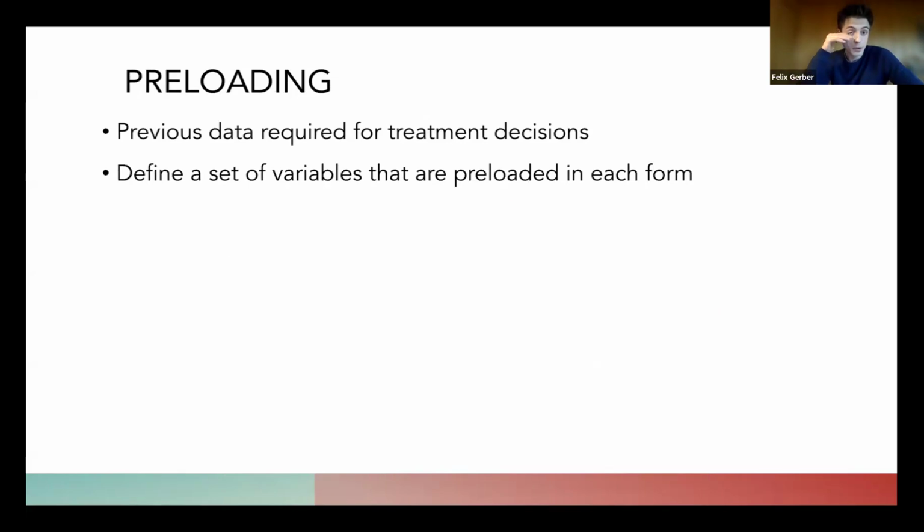So also, as I said before, for chronic care, you always need to have access to previously collected data. Initially in our pilot flow, we defined for each task a set of variables that we would take to the next form. But because patient trajectories were so flexible, we realized that it is basically impossible to foresee which kind of variables would be required in which task. So we defined a larger pool of all possible variables that could ever be needed for any kind of clinical decision making, and then just preloaded this whole set of variables into each form.